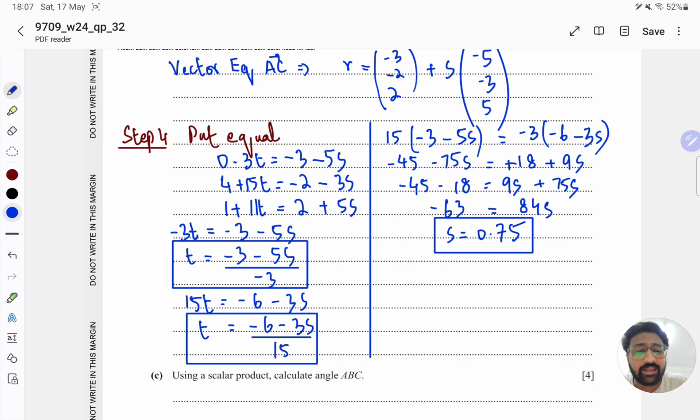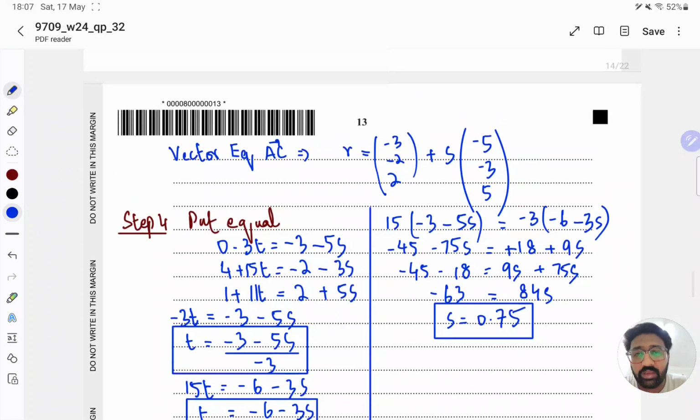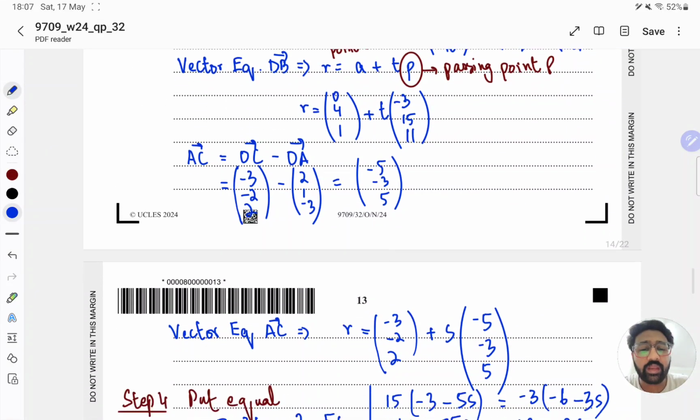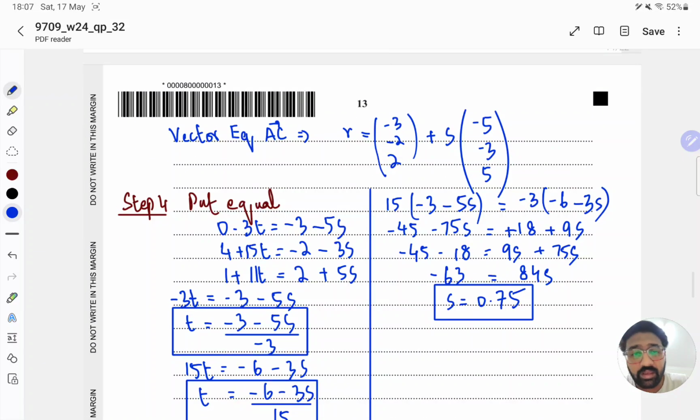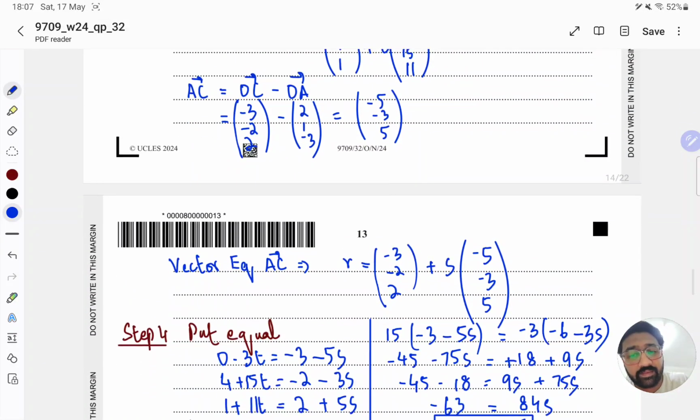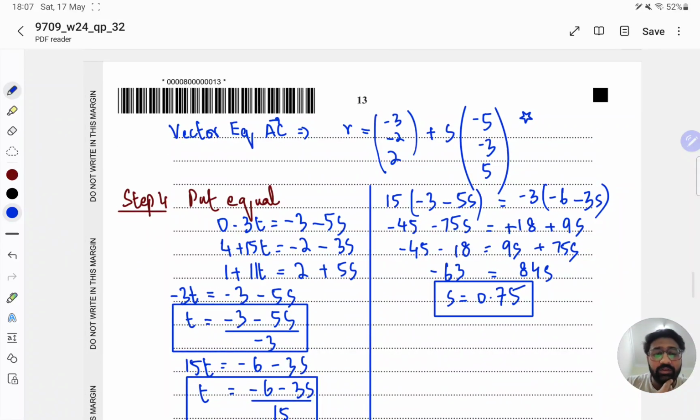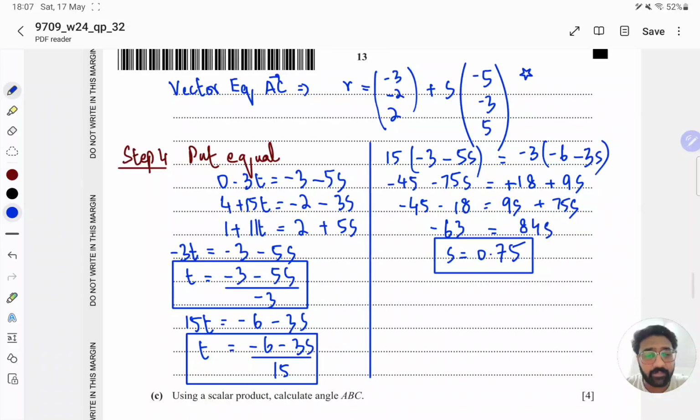You can also find the value of t, but there is no need to find the value of t. Why? You just need to find the position vector OP. For that, you can substitute this value in any of the above equations. In the first one, this AC, which has the vector equation for AC, is going to help you in finding the position vector OC. So OP will be